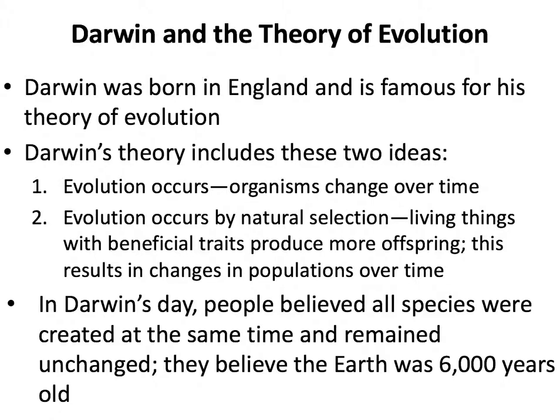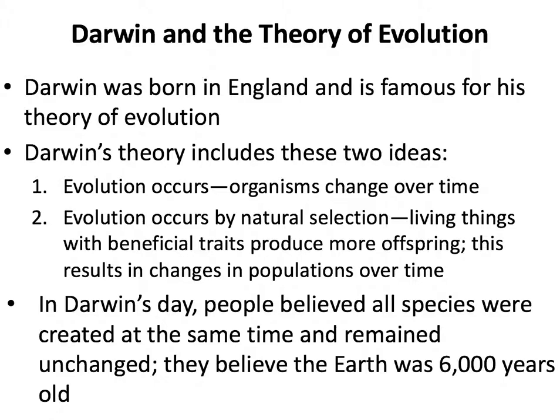Charles Darwin is best known for his theory of evolution, which includes two basic ideas. First, that evolution does in fact occur, which means that organisms as species, not as individuals, but as species, change over time. And then the second part of that is that evolution occurs by the mechanism of natural selection. And natural selection says that living things with beneficial traits produce more offspring, and that results in changes in populations